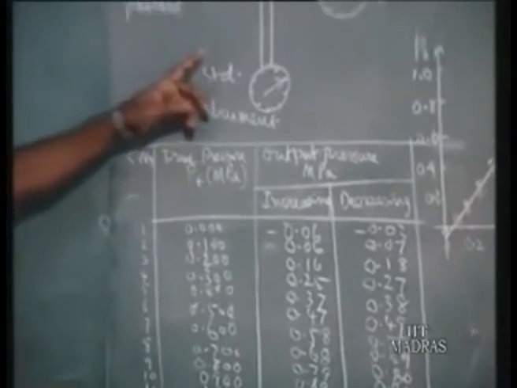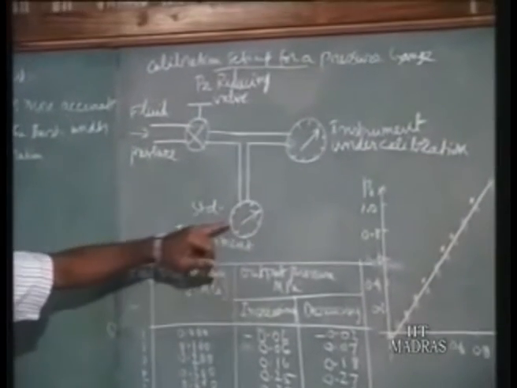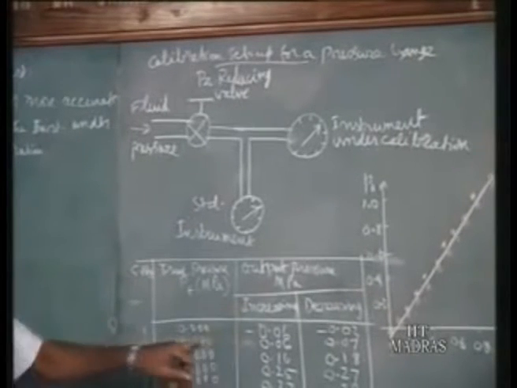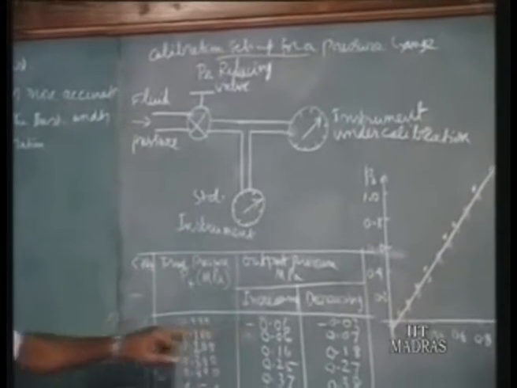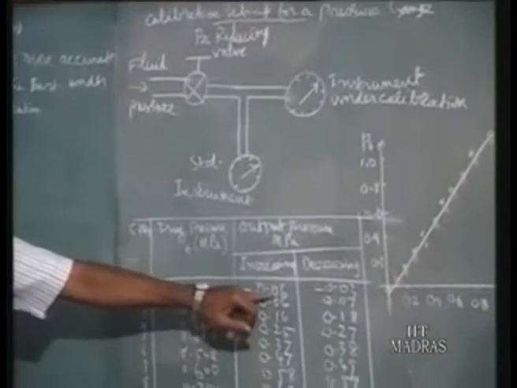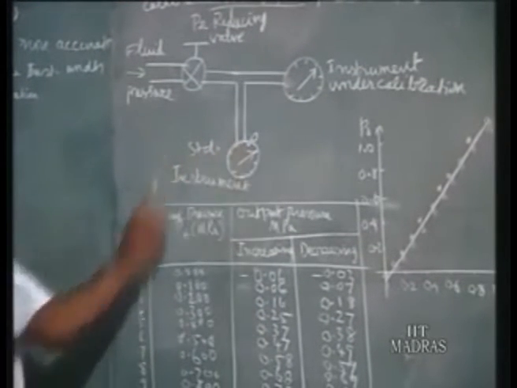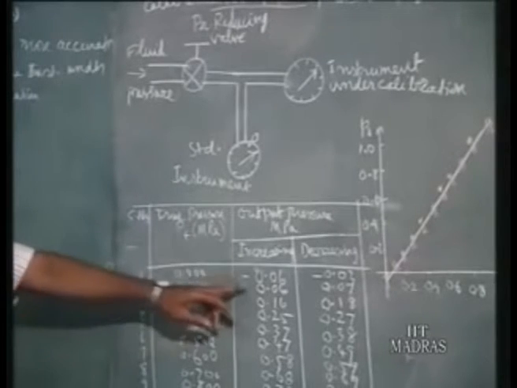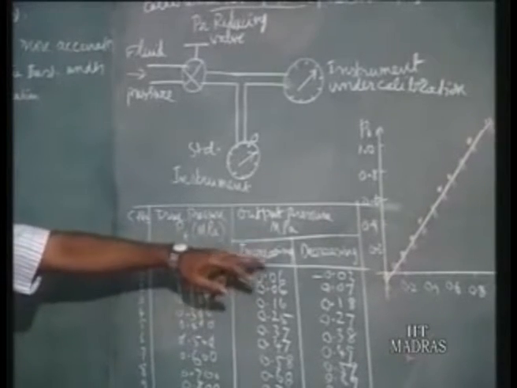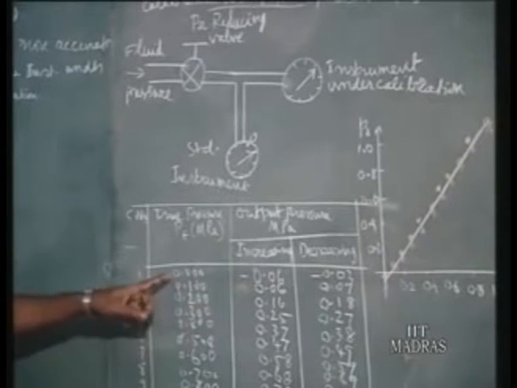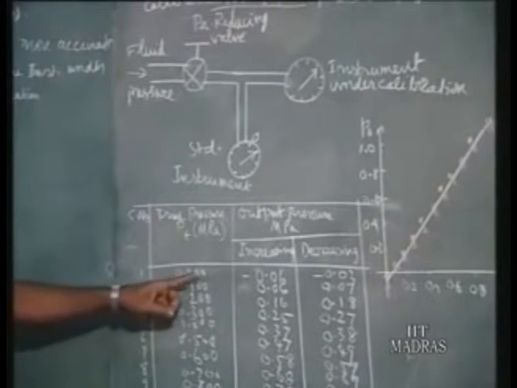Now at that time you make some measurements. You make measurements and note them down in the standard instrument, for increasing pressure, from 0 onwards. It already shows some reading, a minus reading, so below 0 there is some reading. Note it down. You find here that in the instrument under calibration we can read up to the second decimal, and that means the standard instrument should have 3 decimals.